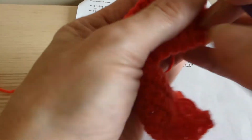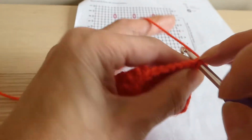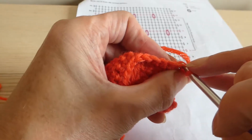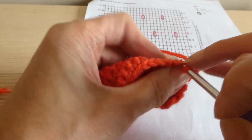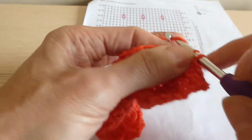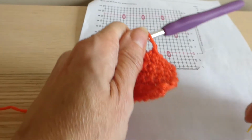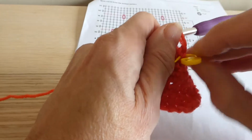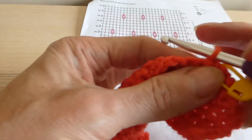I know using markers isn't much fun, but it does save a certain amount of heartache further along the line, because you know you're getting your puff stitch in the right place and always in the same place. So 1, 2, 3, 4 is where the puff stitch is going to be. Pop your marker in. And then